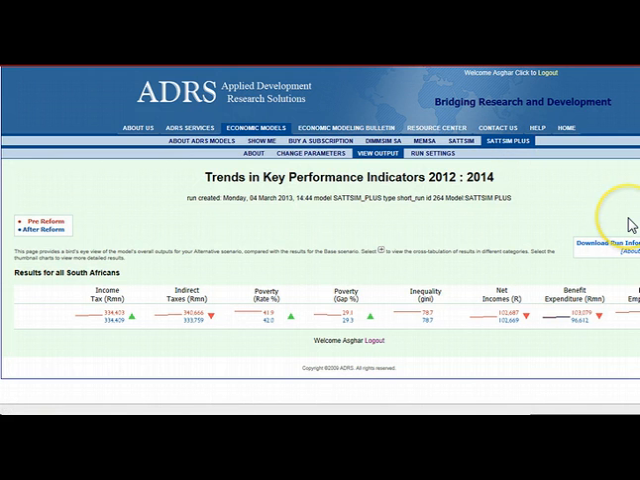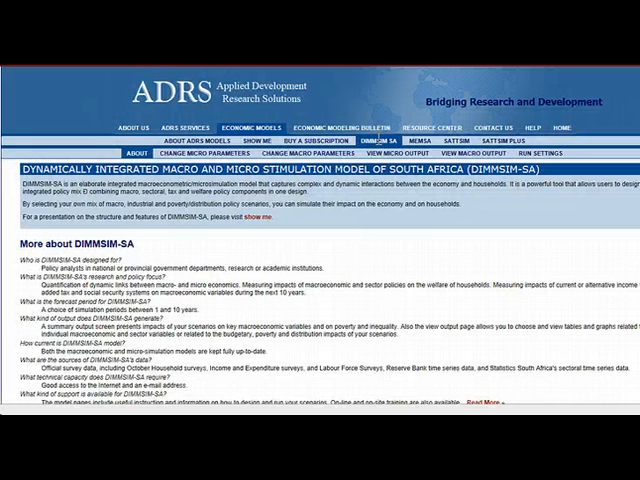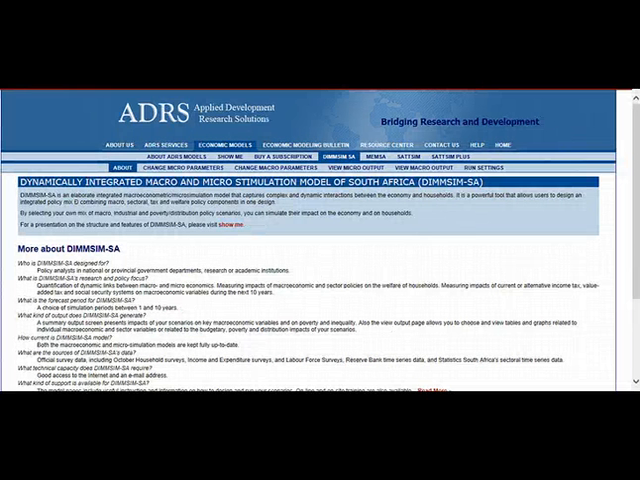Finally, what I would like to quickly go over with you is that you can run EPWP scenarios using the SATSIM, South African Tax and Transfer Microsimulation model. There is also a model, we have an ADRS model that is a linked macro model. DIMSIM stands for Dynamically Integrated Macro and Micro simulation model, and it looks at the evolution of the economy in